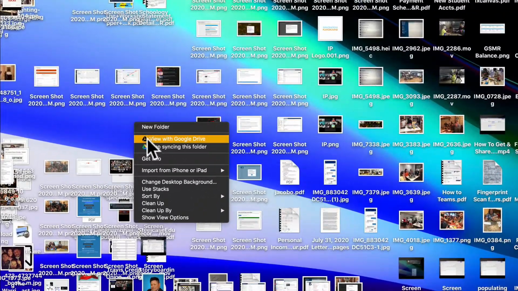If you can see my mouse on the left side of the screen, right here it's moving. If you can find an empty spot like this, okay, maybe your MacBook's desktop is all like this crazy. You can find a little empty spot. Go ahead and click it, and then right-click it. So right-click, and then you go to the middle of this little menu that says Use Stacks. Click on that,